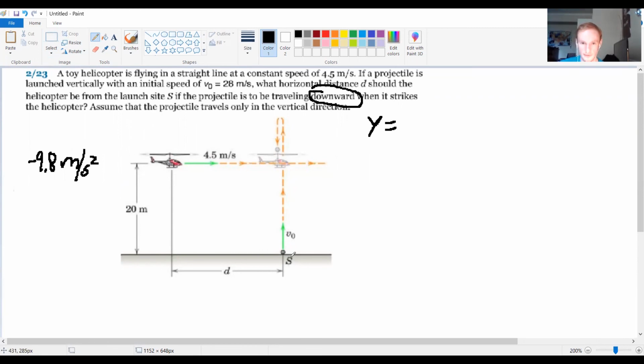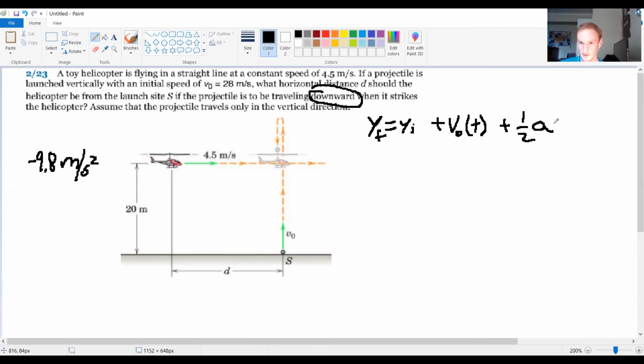So a ball traveling with only gravity acting on it is a pretty simple equation. We're going to start with y final equals y initial plus the v0 times t plus 1/2